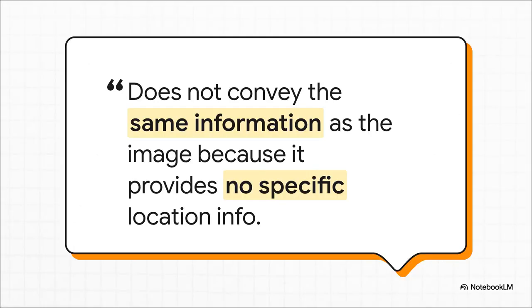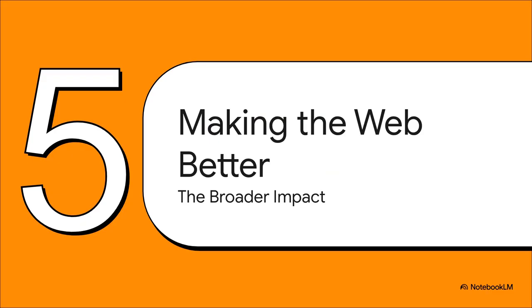It might technically be text, but it completely fails the whole point of the exercise. It doesn't give them the information. Now here's another critical mistake. Your alternative has to be complete. It has to provide the same information. In this example, someone had a map of Olympic venues, and the alternative text listed all the venues, but it didn't say where they were on the map. So it gave some info, but not the same info. If your alternative is incomplete, it's a failure. It just doesn't count.